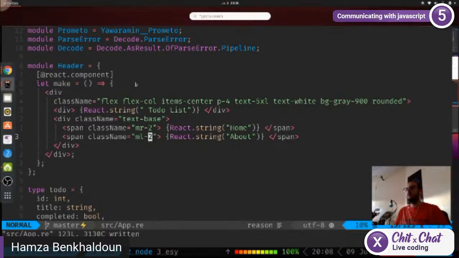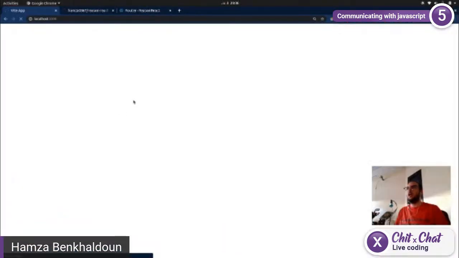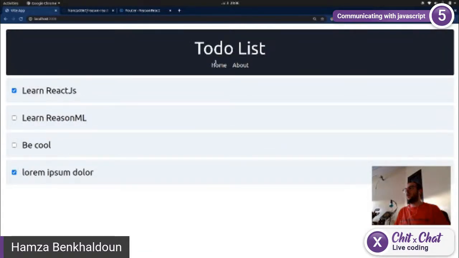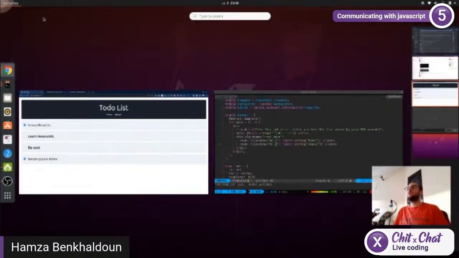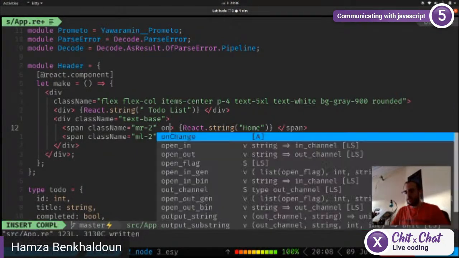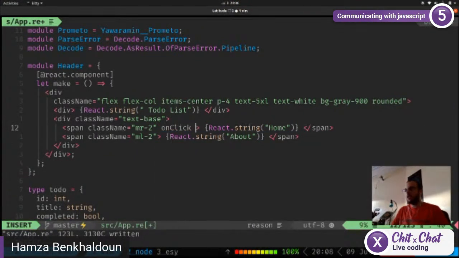Let's have a look at that, and it should be working just fine. Okay, so we have the home and the about spans right here. So what we want to do is add some click listener, so that when we click on the home or on the about word, we are going to change our routing and navigate to the route that we want to navigate to. So what we can do here is add an on click listener, and what this will be,